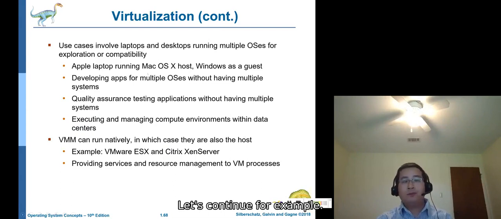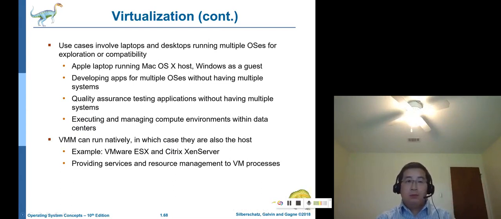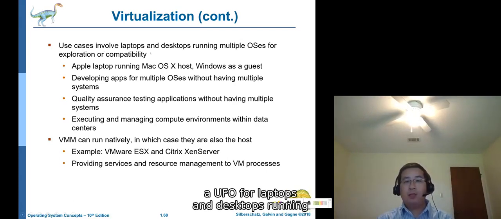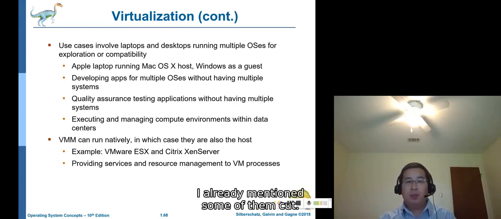For example, here we have some use cases involving laptops and desktops running multiple operating systems for exploration or compatibility. I think in the beginning of this part, I already mentioned some of them. You may have laptops, maybe desktops, but they will run multiple operating systems.